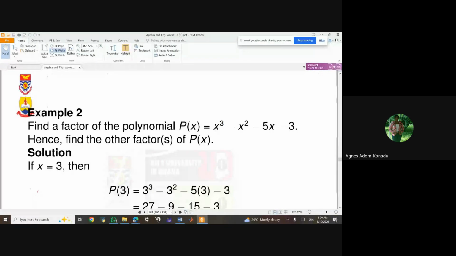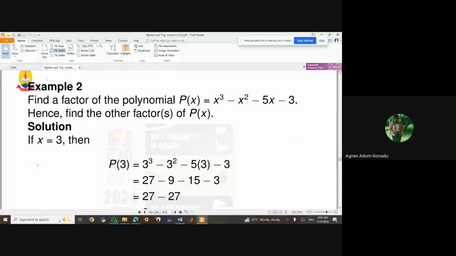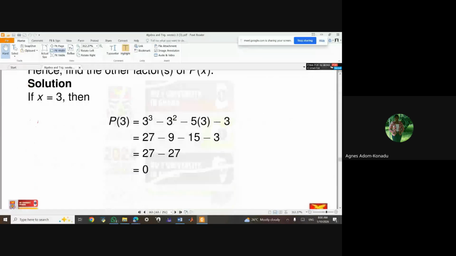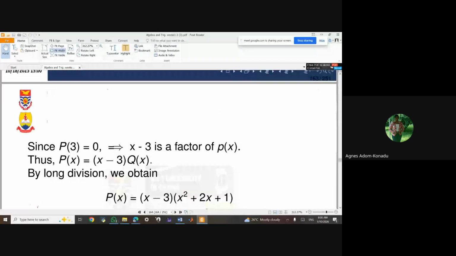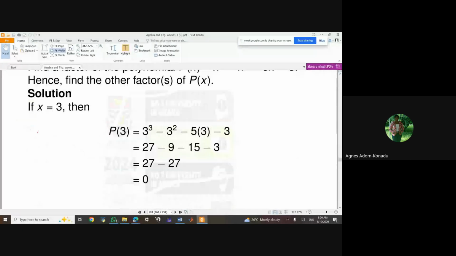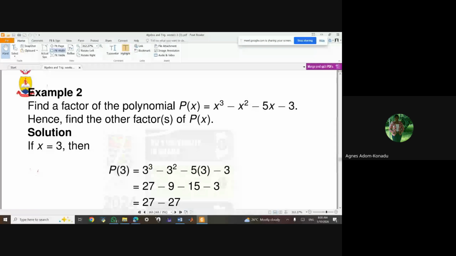When you do that, you will see that x minus 3, which is the same as x equal to 3, is a factor. Because when you substitute P of 3, you get 27 minus 9 minus 15 minus 3, and this will give you 0. So it means that x minus 3 is a factor. After you've gotten x minus 3 to be a factor, you use long division to obtain the other factors: x to the power 3 minus x squared minus 5x minus 3 divided by